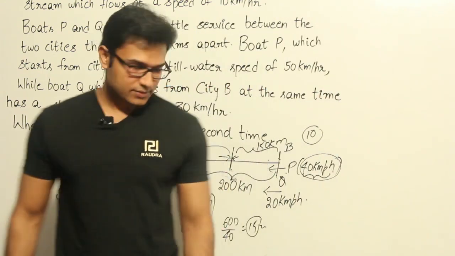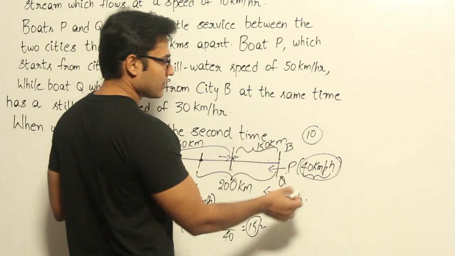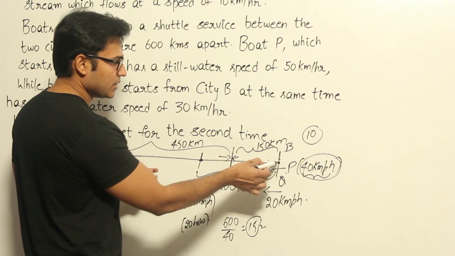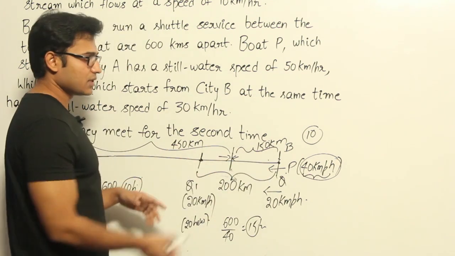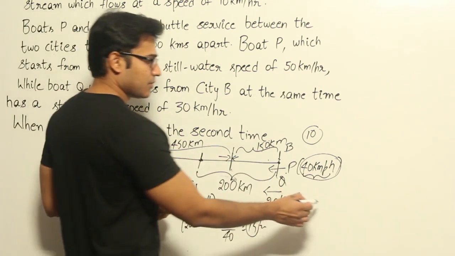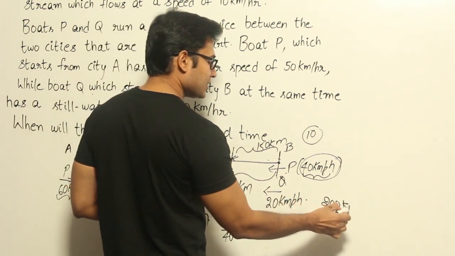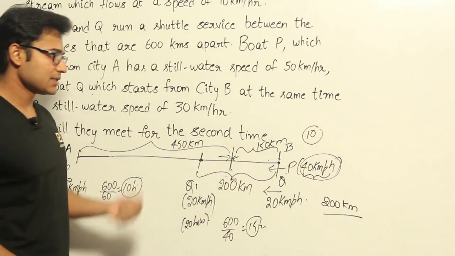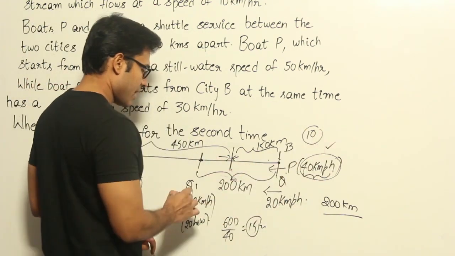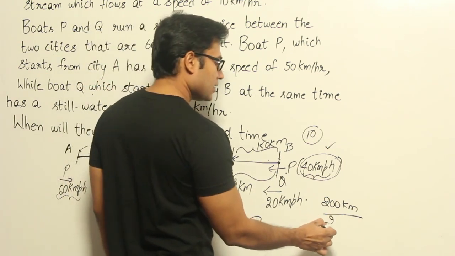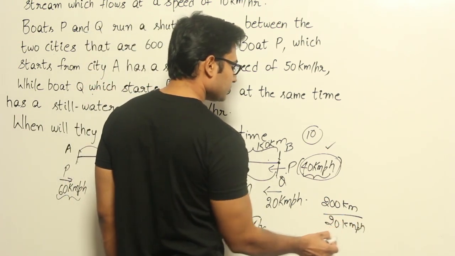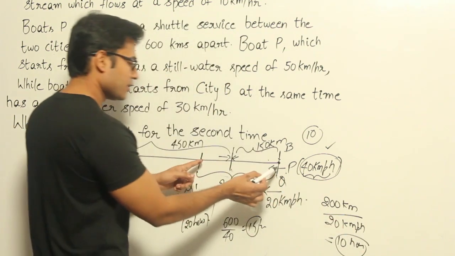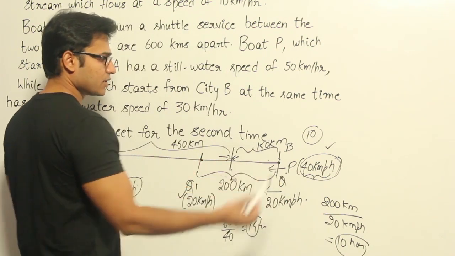So they are going to meet after 10 hours. So whatever we are talking about is this scenario, but by 10 hours P is here and Q is here. So after 10 hours, when they are going to meet, time can be derived this way: 200 kilometers is what they are separated by, and the relative velocity between these two, since they are traveling in the same direction, is 40 minus 20, which is 20 kilometers per hour. So which means 10 hours. So in 10 hours, if you let them travel from these 2 points, they are definitely going to meet.